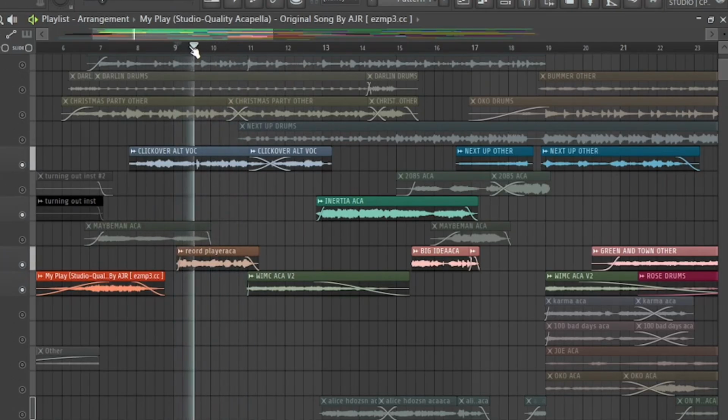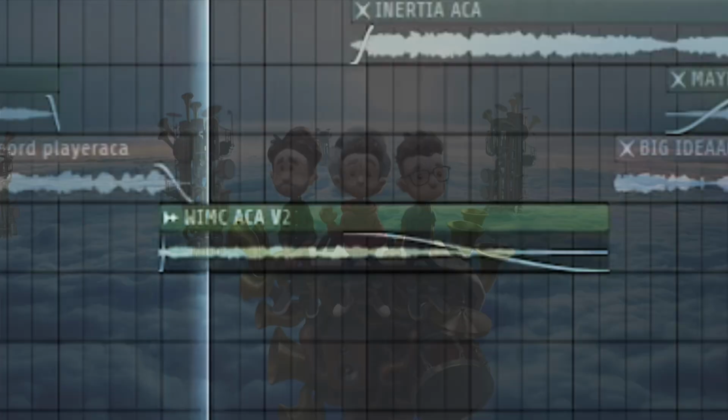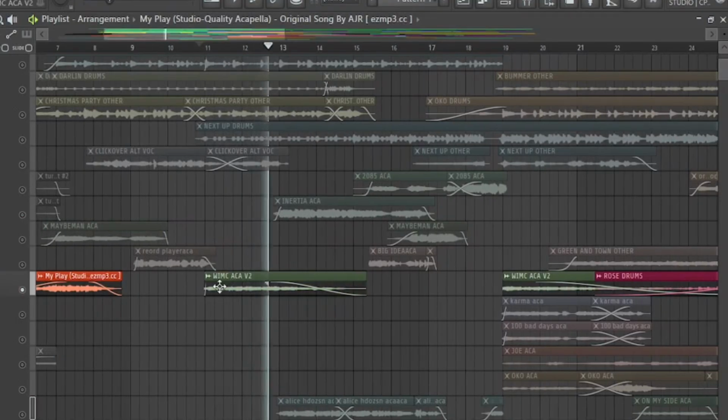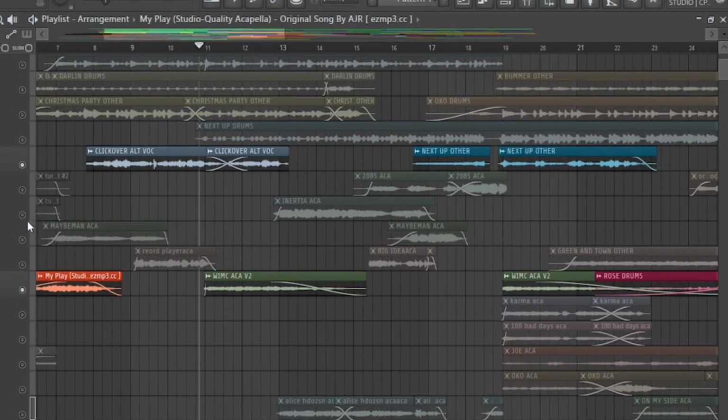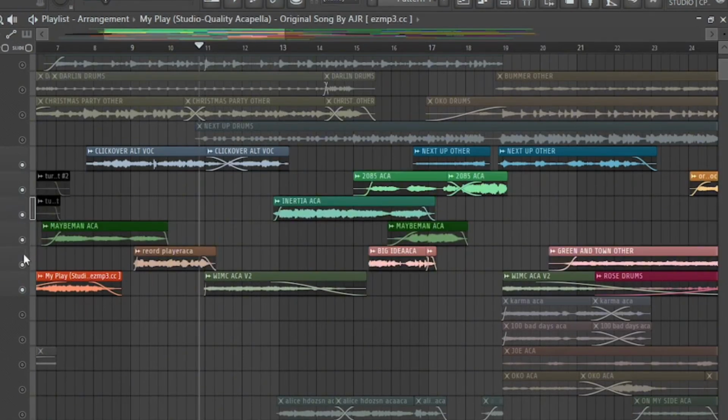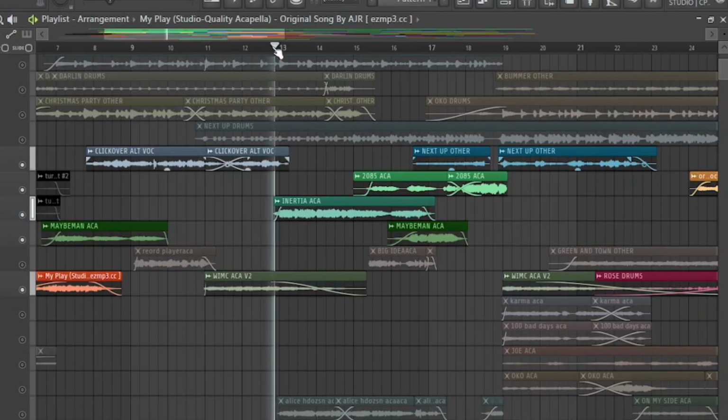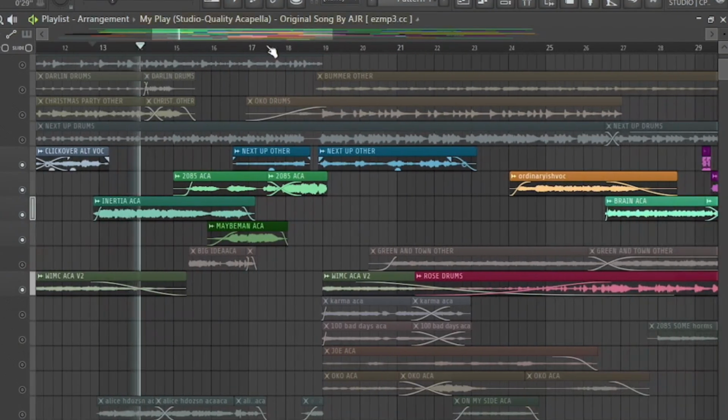And they kind of sound similar, these two. The acapella of the click kind of just becomes like a sub-melody, and it kind of works. Then Why I'm Not Crazy, because I love using Why I'm Not Crazy everywhere. I don't know, for giggles. Don't ask me. Inertia and 2085 are in there, because they're just the stereotypical ones I will use. Where I am going is right where I am.